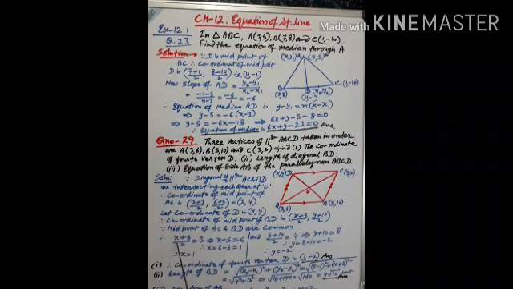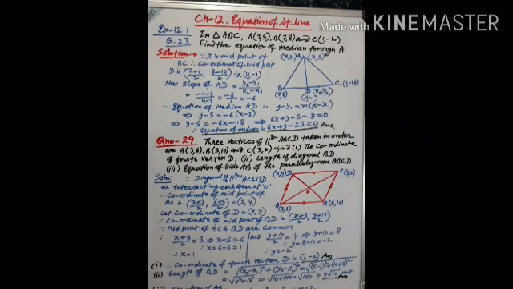So here (x plus 5)/2 equal to 3. On simplifying you get x equal to 1. Similarly, the y coordinate will also be equal, so (y plus 10)/2 equal to 4. Therefore y plus 10 equal to 8, and on simplifying you get y equal to minus 2. So the coordinate of D, that is x is 1 and y is minus 2. So the coordinate of the fourth vertex D is (1, minus 2).